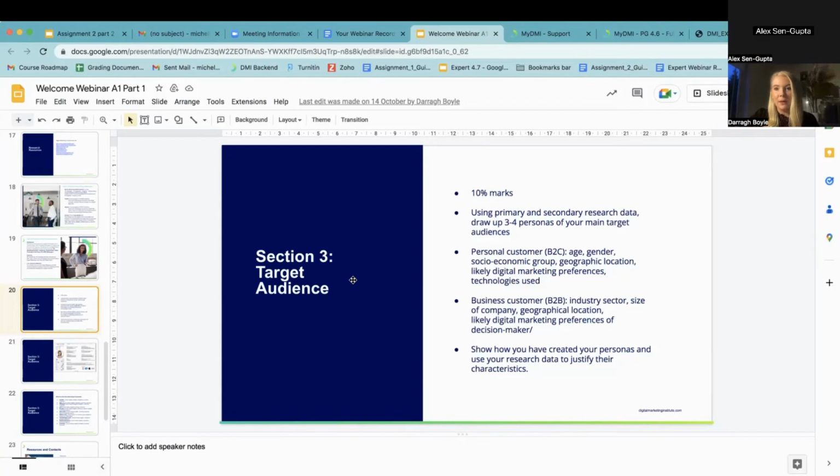Again, your opinion can't be given. You might know your audience so well. But if you're going to make statements about who they are, you need to either show it from your primary research, or you need to show it in your secondary research, of what somebody else said about this audience or this person, or what research was done on them before. So use data to justify their characteristics.